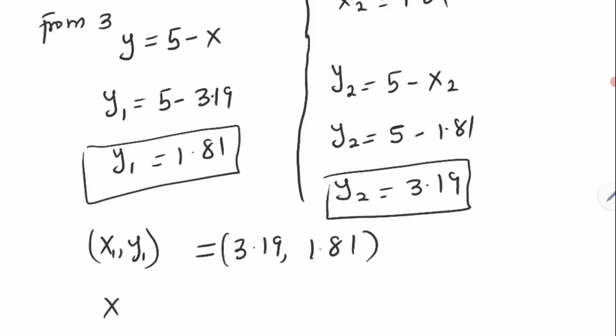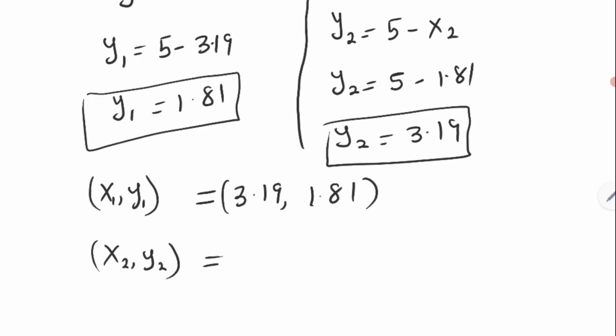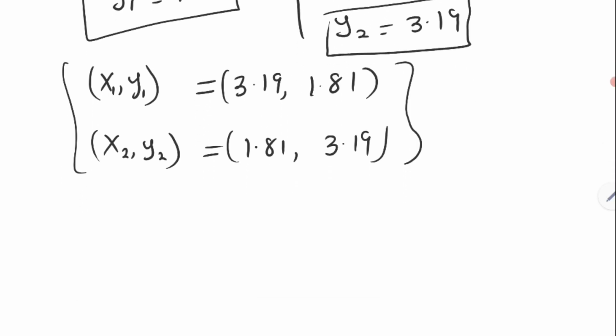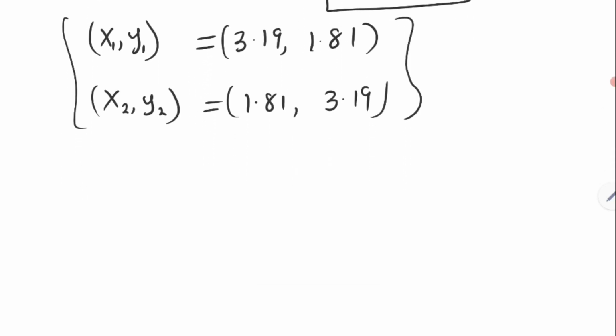Then S2, Y2 is equal to 1.81, 3.19. These are the final answers. But if you don't want to use a calculator, you may also leave your answer in this form. That is, from